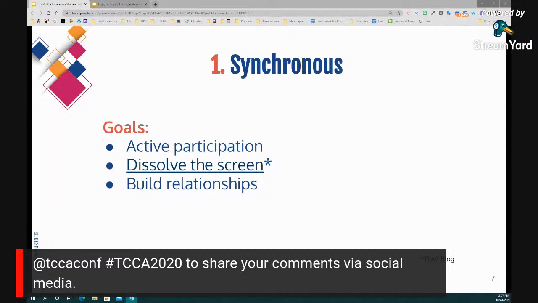If you're doing a Zoom or conference call session, you want to make sure that you dissolve the screen, right? That it's not just a sit and get session for them, and that you really are interacting with them. It feels more natural. And then finally, you want to create a community invested in learning, and that's only going to happen by building relationships with your students.